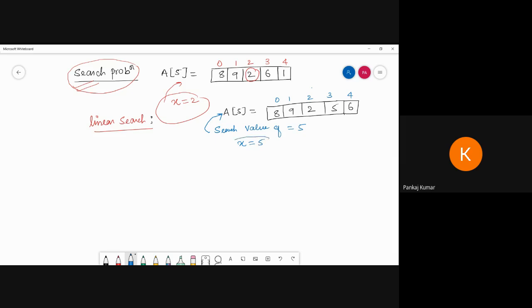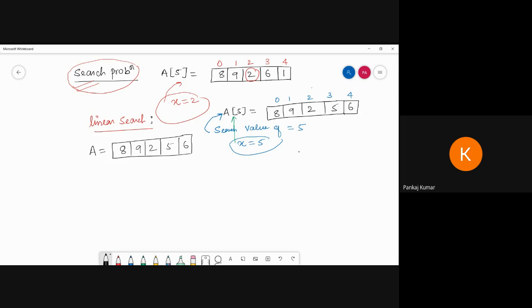Now this x will be searched inside this array. So we can rewrite the array again: 8, 9, 2, 5, and 6.